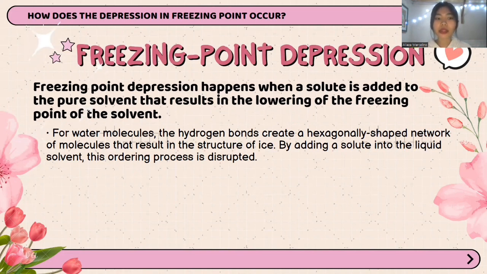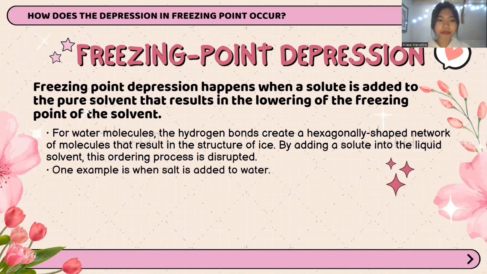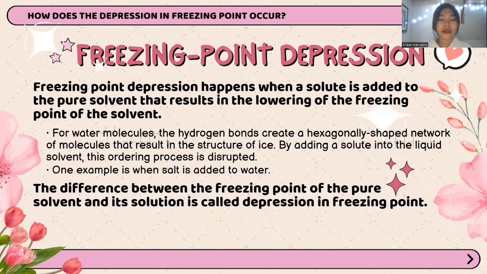By adding a solute into the liquid solvent, this ordering process is disrupted. One example is when salt is added to water. It's harder to form ice, since Na+ and Cl- ions tend to attract the water molecules. In making ice, the solution must be cooled to a lower temperature. So, remember that the difference between the freezing point of the pure solvent and its solution is called depression in freezing